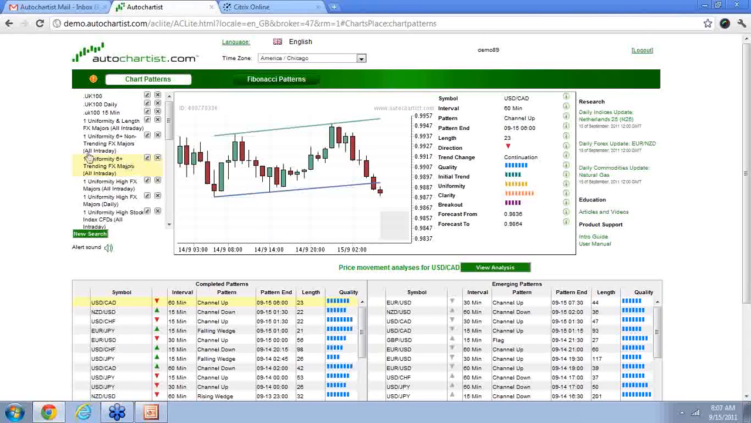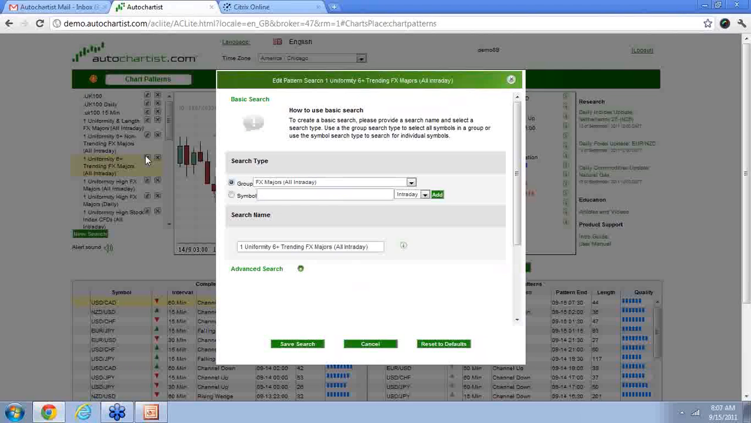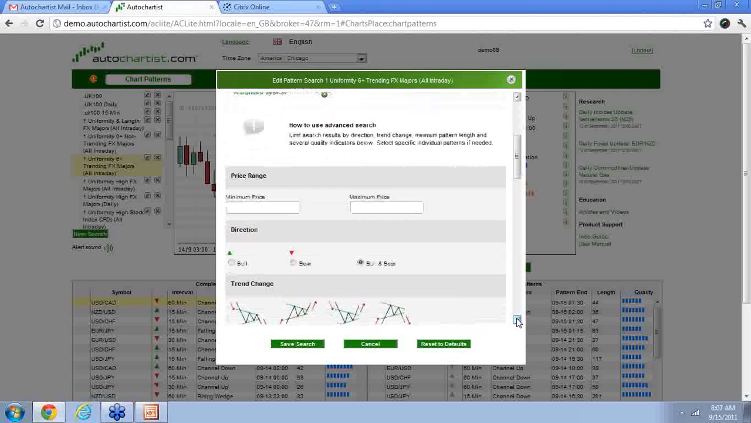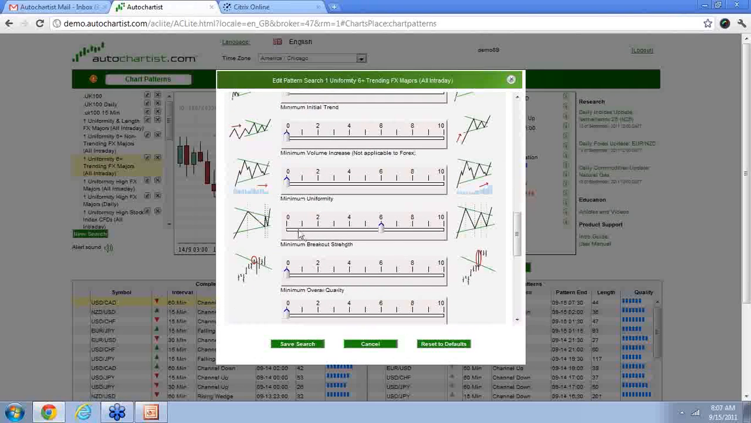So this one search that I do each day is I take uniformity as my key element and I give it a 6+ rating, and I set it to trending markets, and in this case the FX majors. So just to go through those steps, I'll show you that I've selected FX majors as my group, and I named it just about covering all the elements that I've used to implement this search. If I drop down on advanced search, you'll see that I have selected a 6+ rating for uniformity, and I've